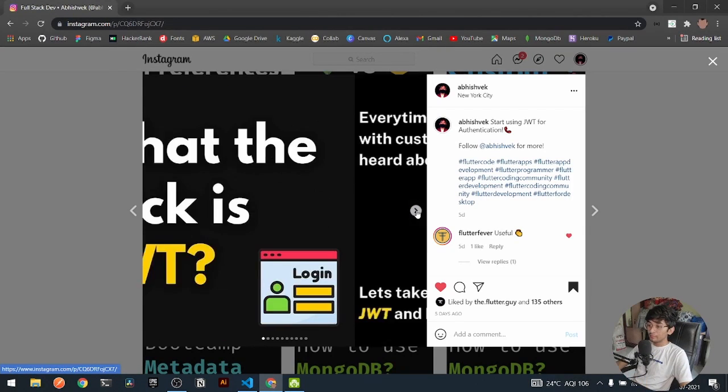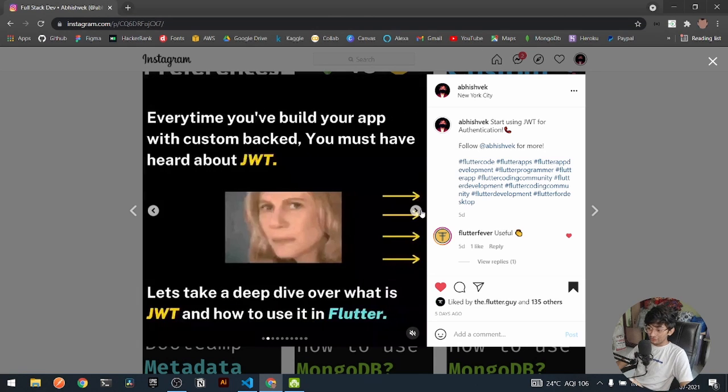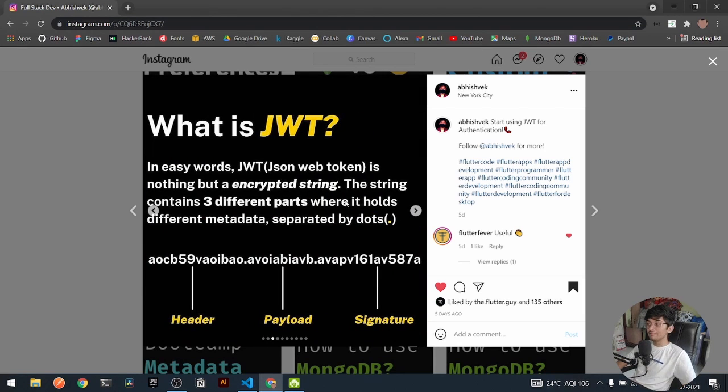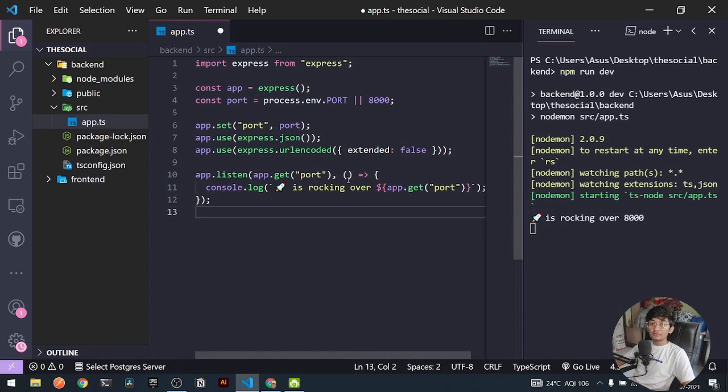Okay, we need to swipe it. And on this post I have explained what is JWT, right? So first of all, in easy words, JWT is nothing but simply a JSON web token, as I have explained here. But under practical cases, JWT will be a string which will be containing all of our user data. The user data can be a user email, a user UID, some username, and all that stuff, right? And we will be securing the following user data under the JWT, and at the time of parsing some data from our server, we will be using the following JWT as our token.